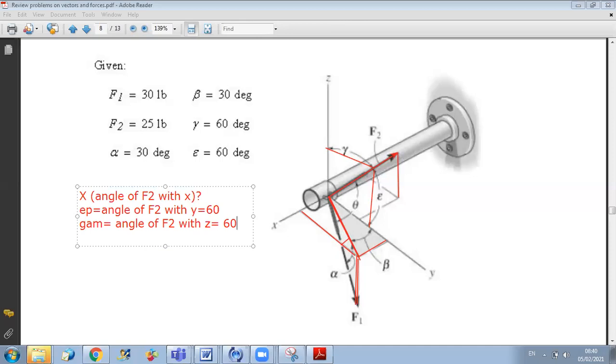So now, to find X, since X, epsilon, and gamma are the direction angles of F2, then what can